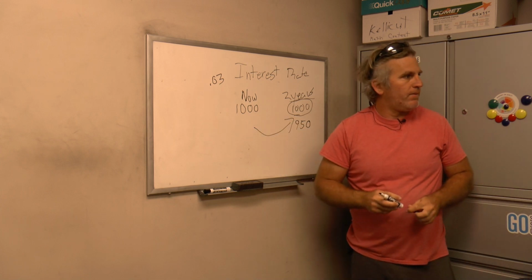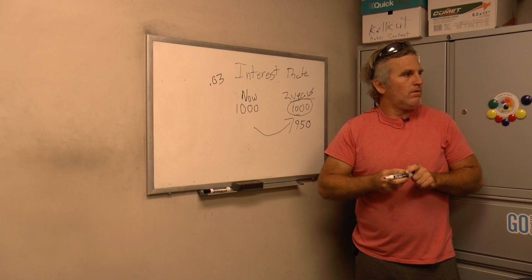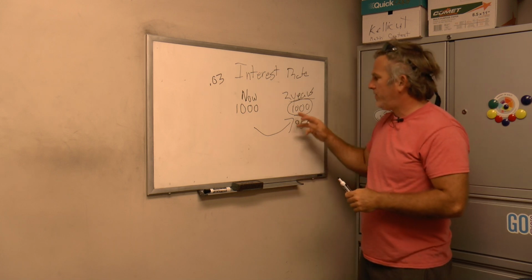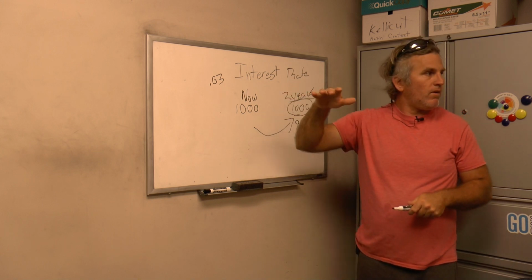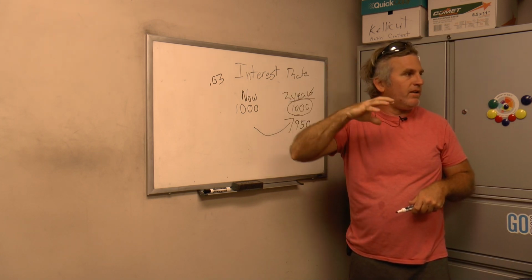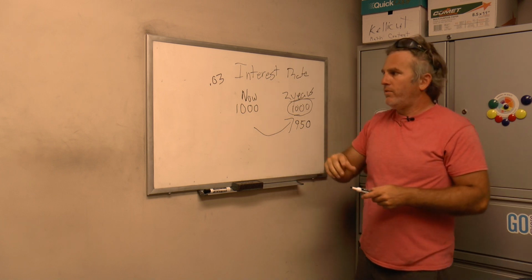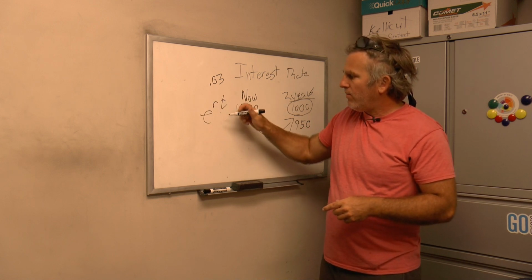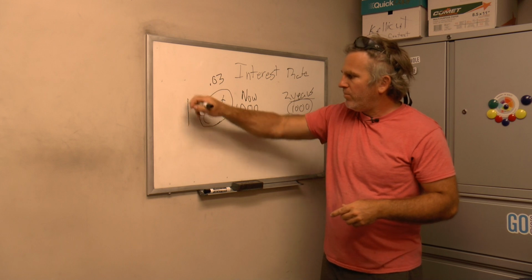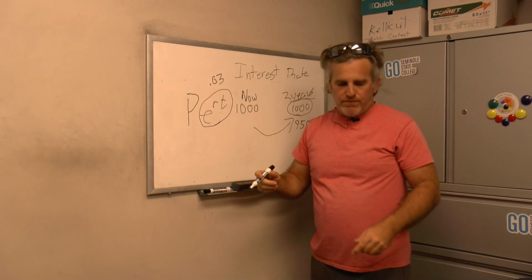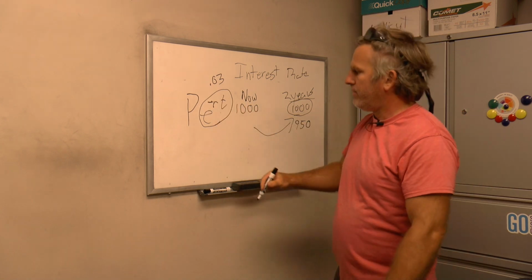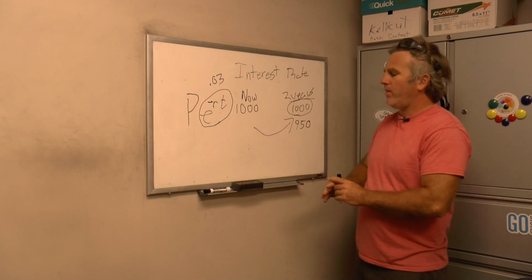How do you know what it's going to be in 2 years? Is there a way to calculate that? Like you said, what if it's 950 in 2 years? How would you calculate that? Because you discount it. It's like a compounding interest rate, but it's negative. It's a discount rate. Remember PERT, P-E-R-T? That e^(rt) is a compounding factor applied to the principal. When you talk about a discounting factor, this would be negative. Simple, right? So that would be the discounting factor.